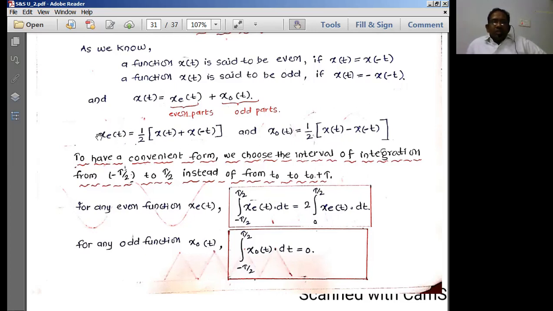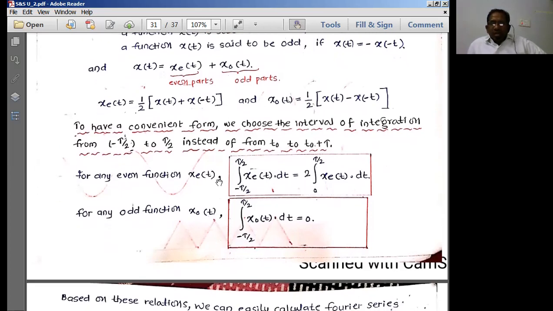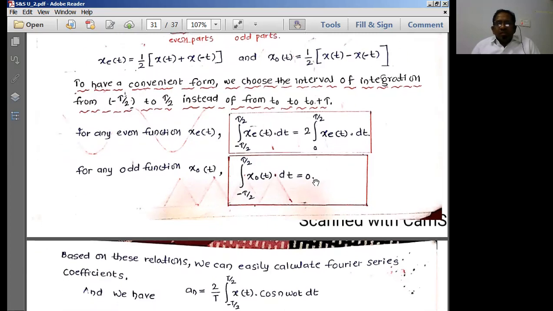So these two are the representations of an exclusively even function and an odd function, in terms of the given signal. Xe of t is the output even signal, x naught of t is the output odd signal, where x of t is the input signal, of course. If you make such manipulations on the input signal, you normally get the even signal. Similarly, when you make this kind of manipulation, you normally get the output signal as the odd signal. So these two are the various representations of the even and odd signals.